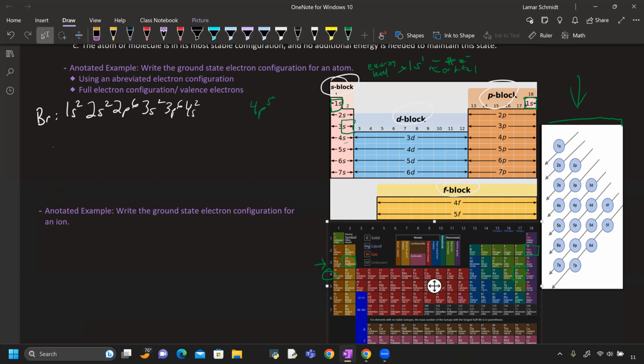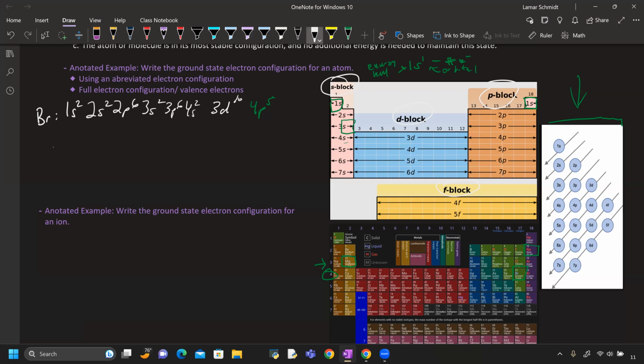4p5. All right, and then lastly, 3d10. So we went 4s2, 3d10, and then 4p5. So this is our full valence electron configuration. Now, if we wanted to use the abbreviated electron configuration, we're going to write the configuration for all the